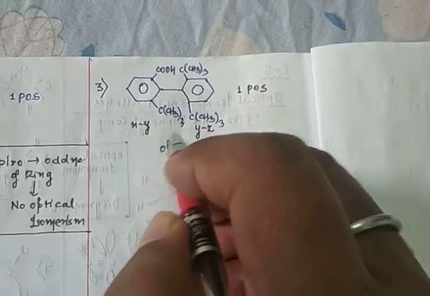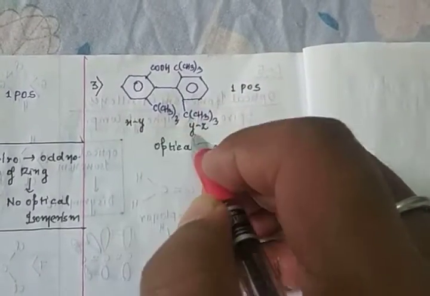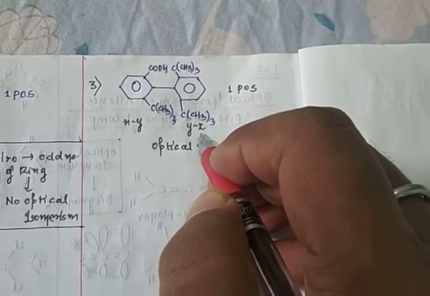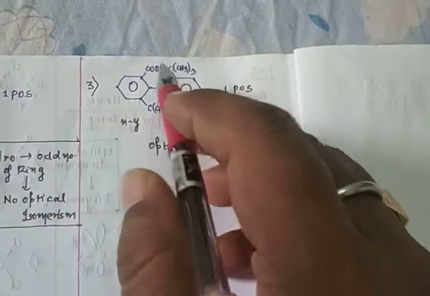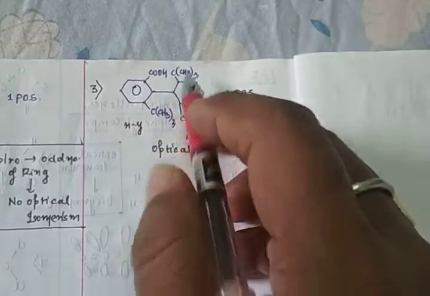Now the last example, again the same bulkier group is there. First these are in the XY plane, but since the bulkier group is there, it changes. This is XY and this is now the YZ plane. Okay. So again you check, you cut from that side, so the group is different, but if you cut from that side, both groups are the same. It means there is one plane of symmetry. The compound is optical inactive. Clear, student?